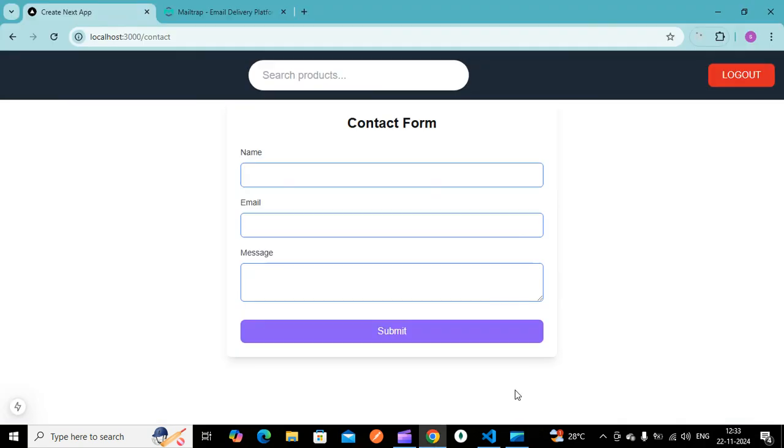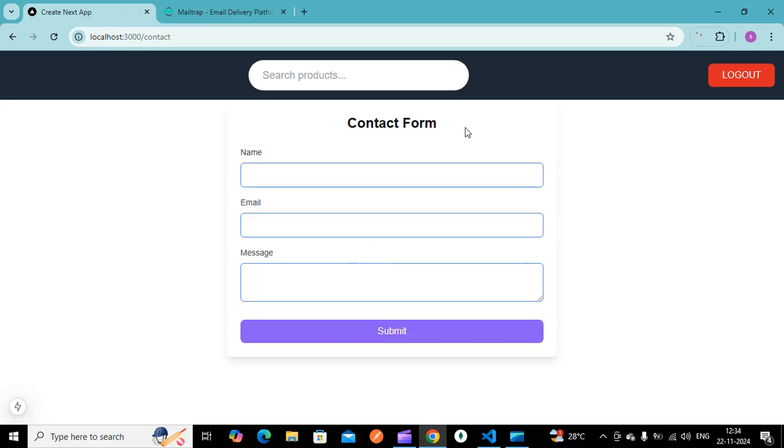In this tutorial, we're going to see a contact form. If you are visiting a website, you go through the products. If you want to inquire about a particular product, you go to the contact section. You will have the contact form. You have to give your name, email ID, and the product you are inquiring about. The message you have to write here. Once you submit, that form will be submitted to the admin or the contact owner, and they will contact you for further details. So for that, we go for a contact form.